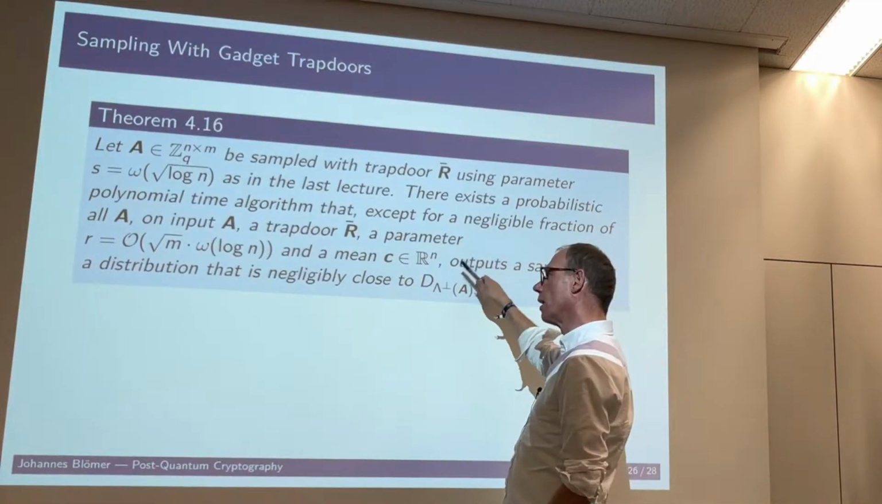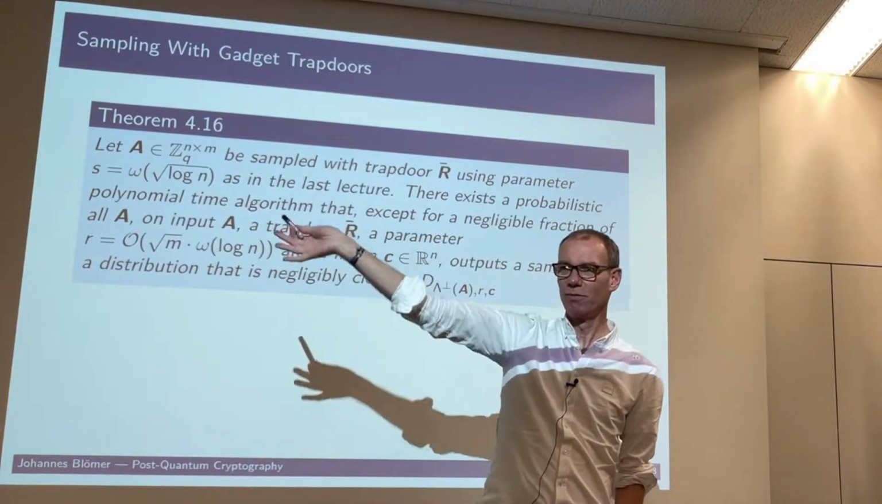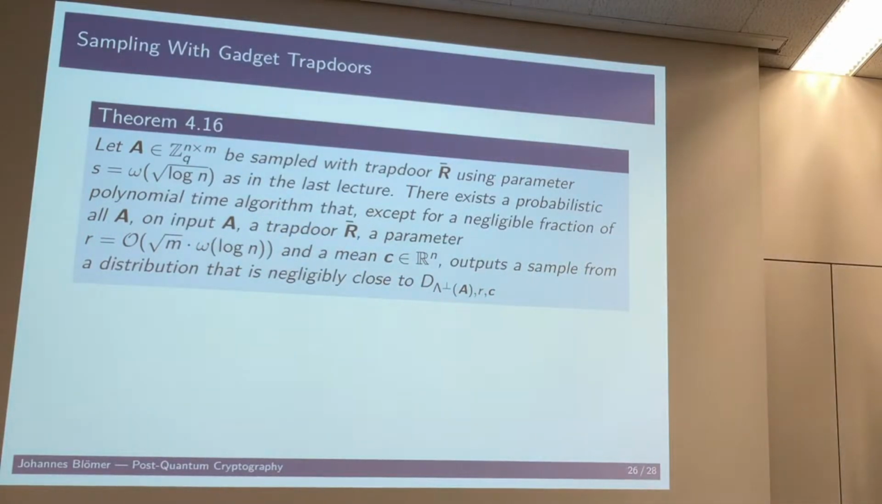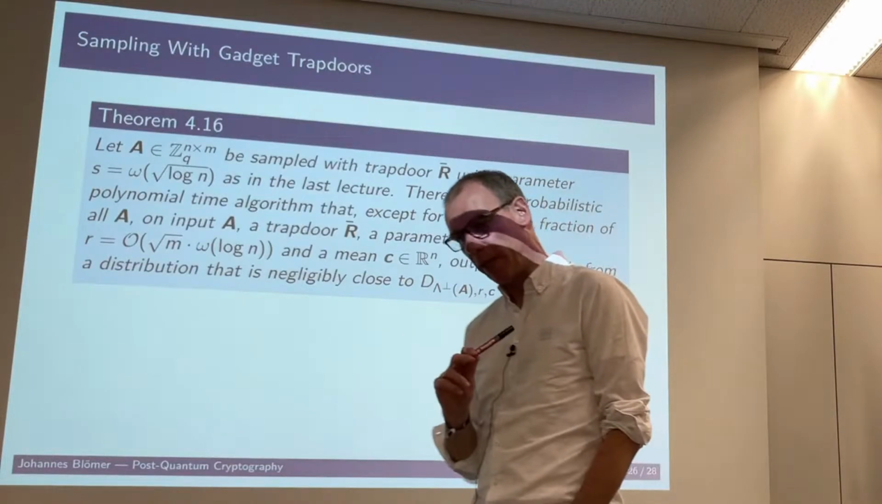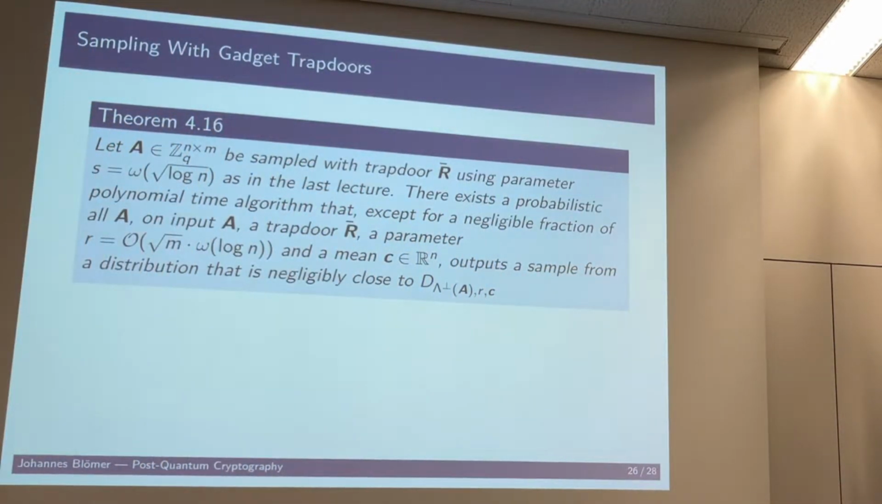Yeah. As I said, you can do it directly, then you get better constants. But never mind, you won't notice it here. Okay? So with both types of trapdoors, small bases and the gadget-based trapdoors, we can